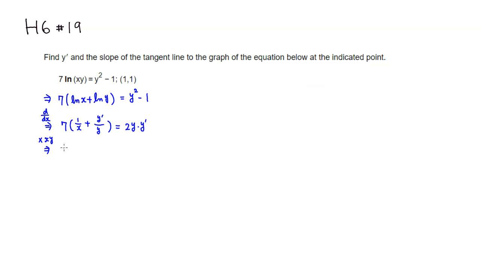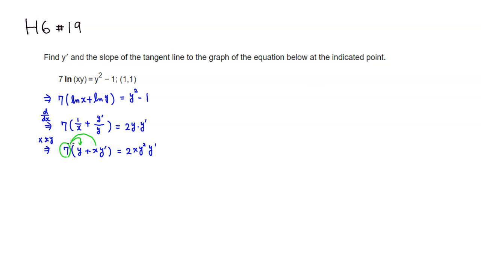So 7 still stays there. xy times 1 over x, the x cancels out, so you're going to get just y. xy times y prime over y, the y cancels out, so you're going to have x times y prime. Then this is equal to 2y, which is already there, so you have xy squared y prime. Then I'm going to distribute 7